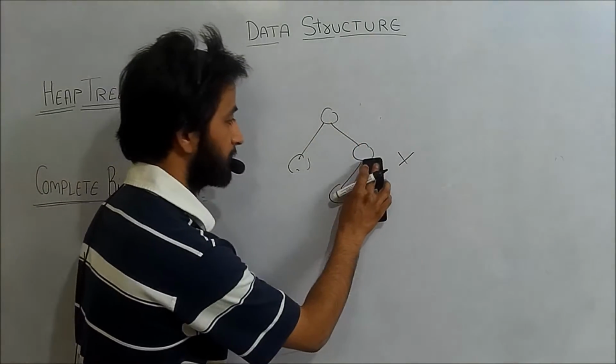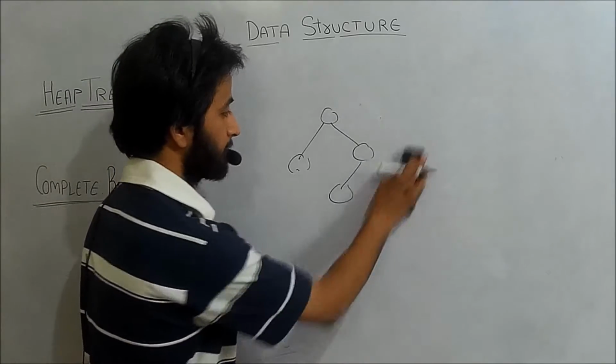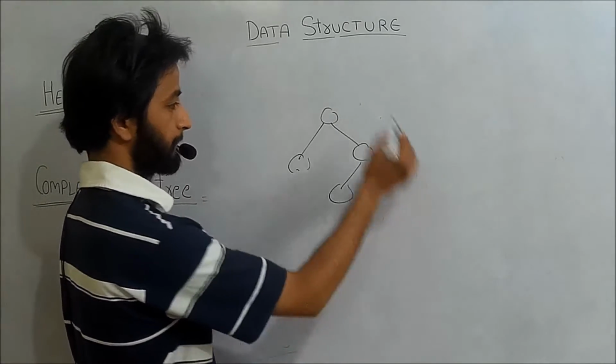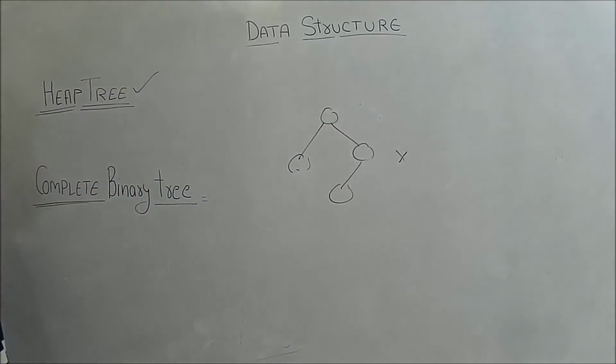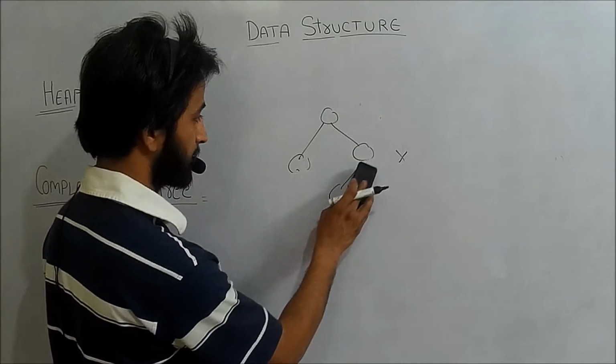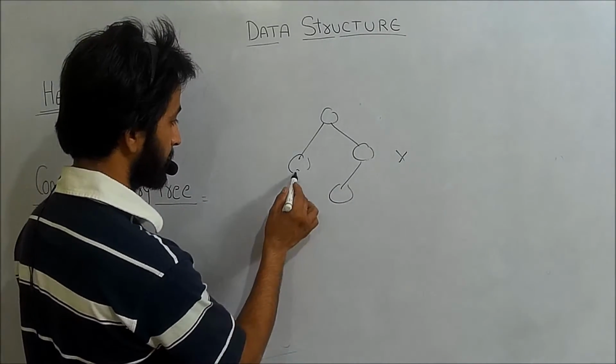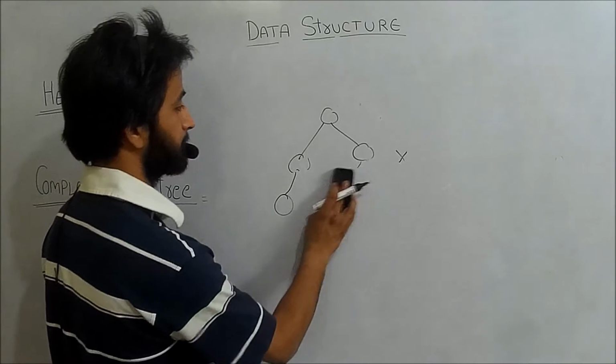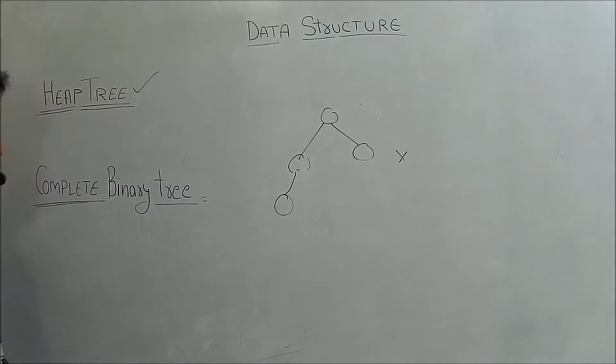If we have a tree like this, then it is also not a complete binary tree, because we have to insert this element to this side first. Okay, this is all about complete binary tree. Now we will move to